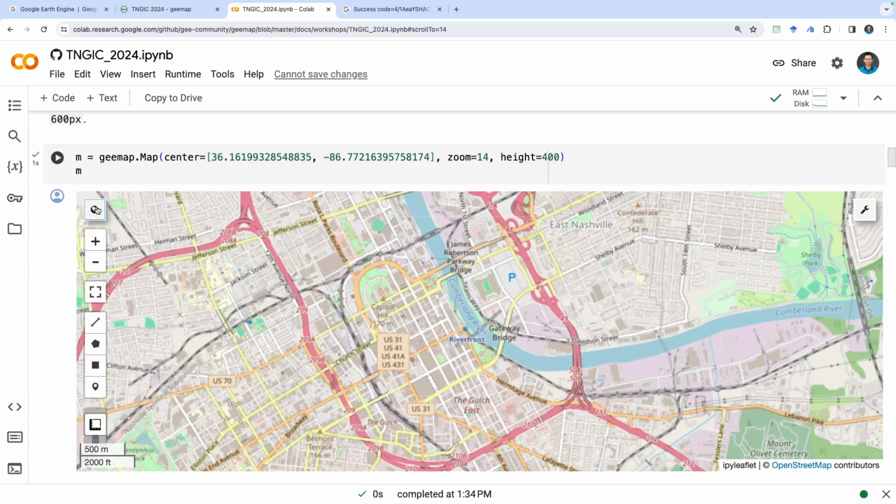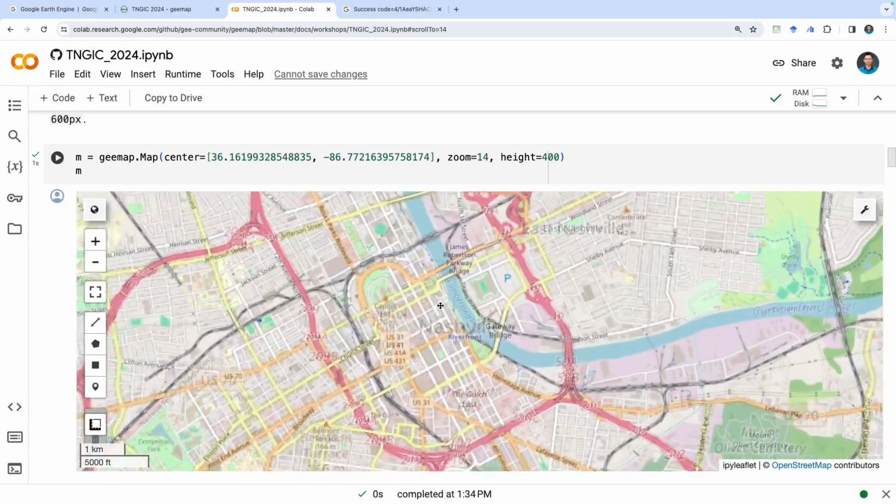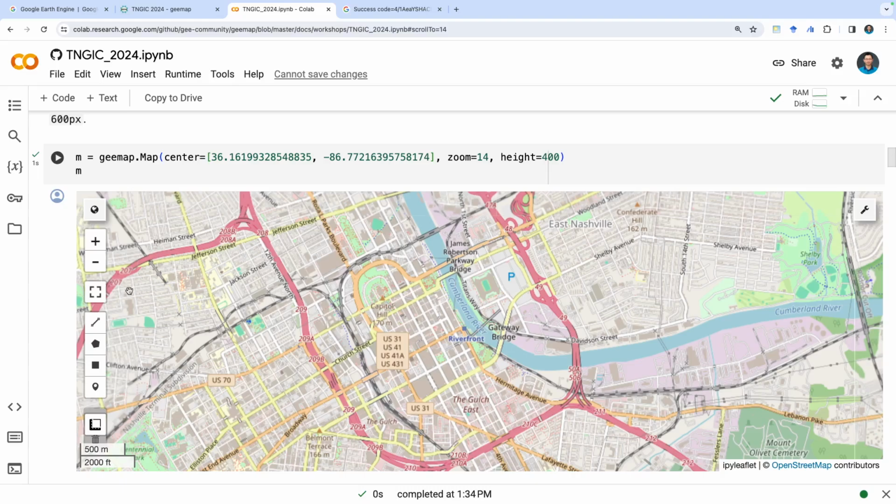I will show you how to use it later. We also have the zoom control, zoom in and zoom out. But you can also just use your scroll wheel. You should be able to zoom in and zoom out interactively. And also on the left side here, there's full screen, and also some draw controls, some buttons in here that allow you